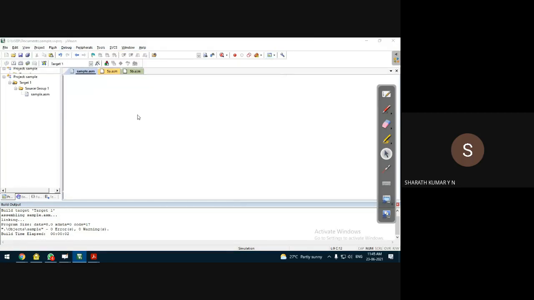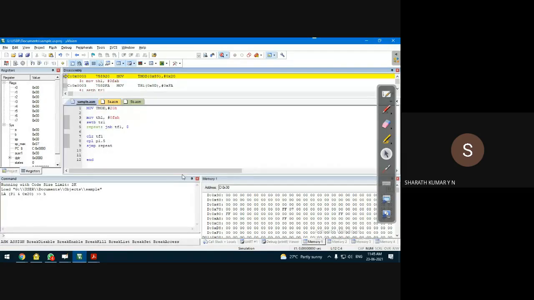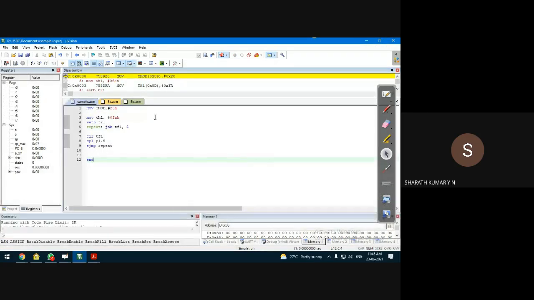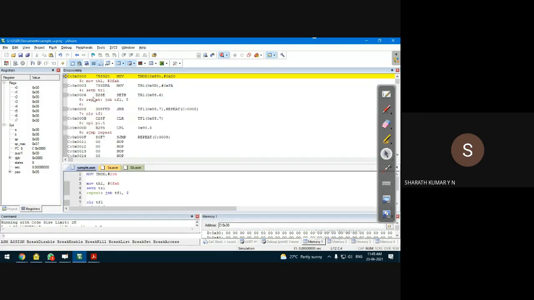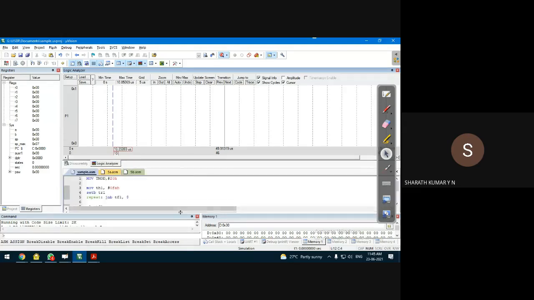What we have to observe: I'll move this down. We don't require any memory window for this program. What we want is the logic analyzer window, and we have to observe the program, stepwise execution.